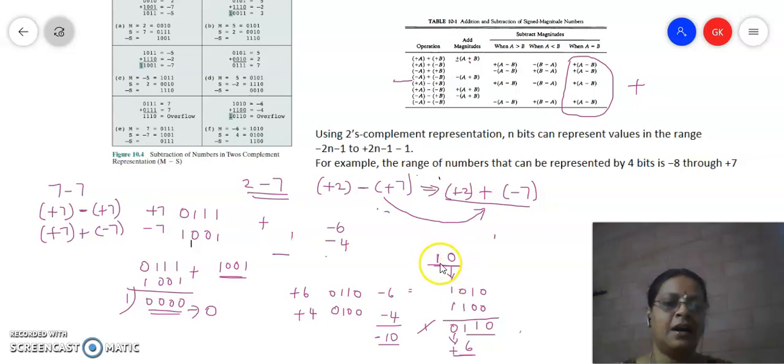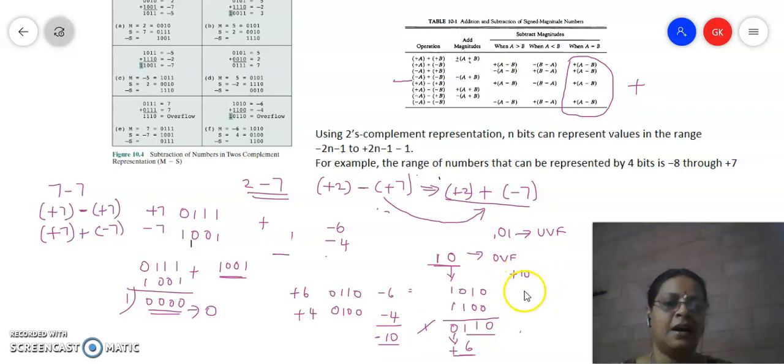In the previous session, we discussed that if the bit pattern is going to be 1 0, this is an example of overflow. If it is going to be 0 1, then that is an example of underflow. So here, what is this overflow? We have to represent minus 10. So how will minus 10 be represented? First represent plus 10.